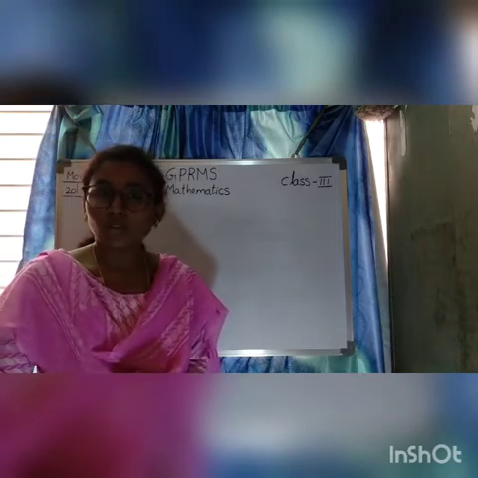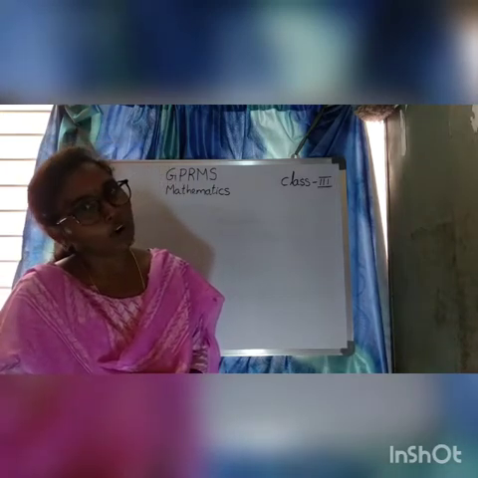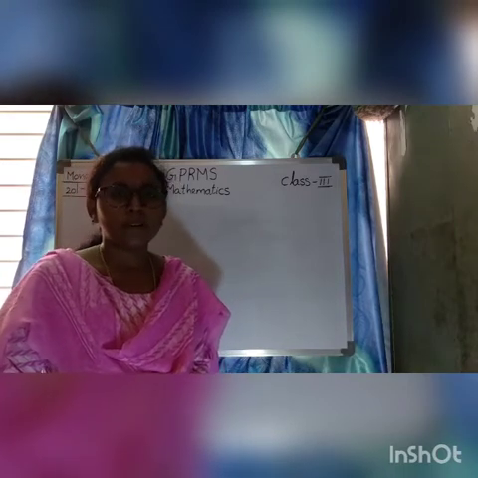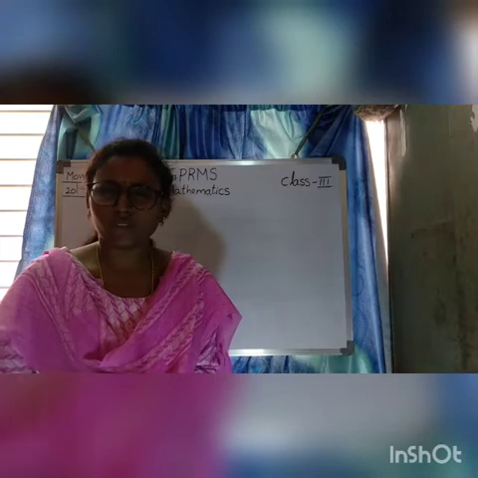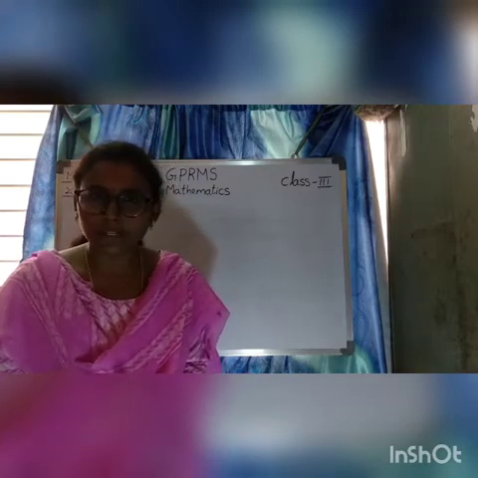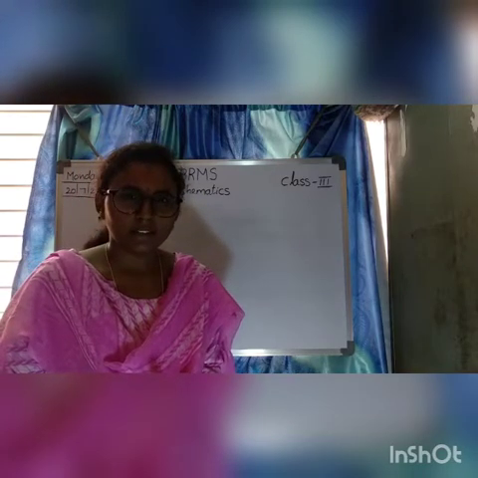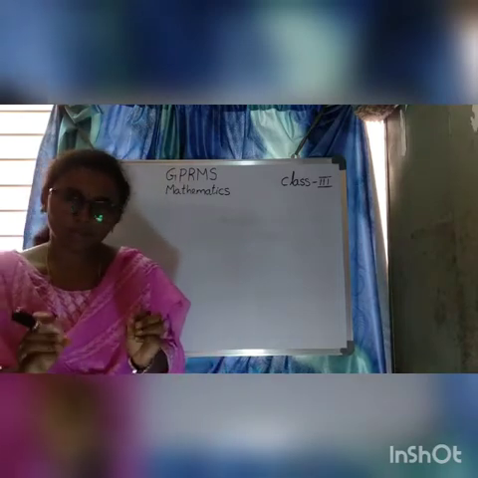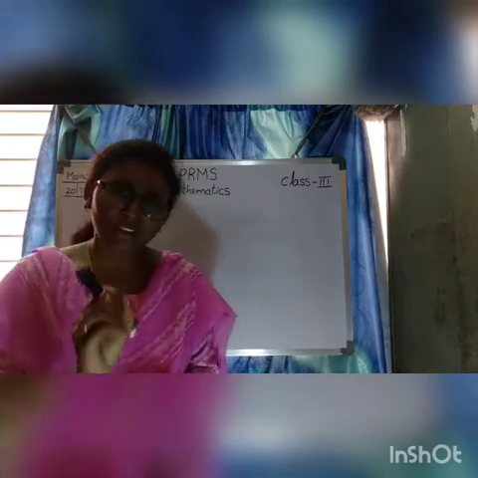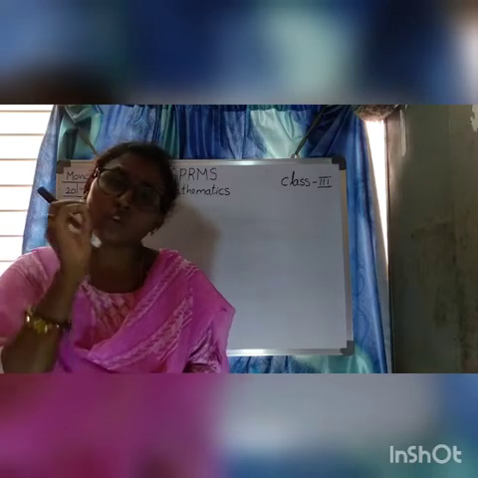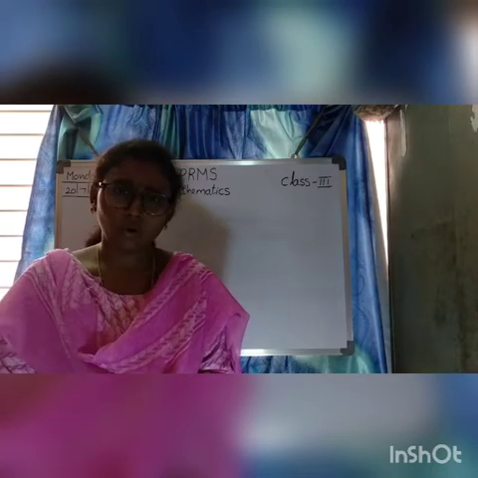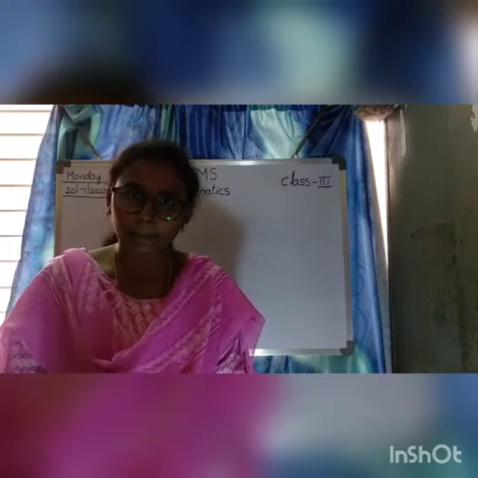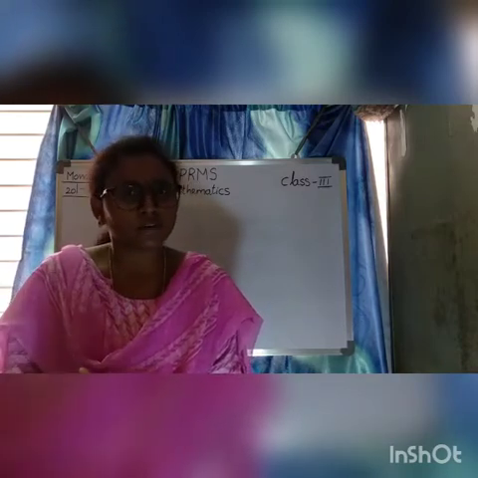If I asked you how many members are there in your locality, what would you say? You may say maybe about 500 members, about 1000 members like that. Isn't it? You don't know the exact value. But are you sure that only 500 or only 1000 members will be there? No, you are not sure. When you are not sure about a number, we use this word about or estimate.